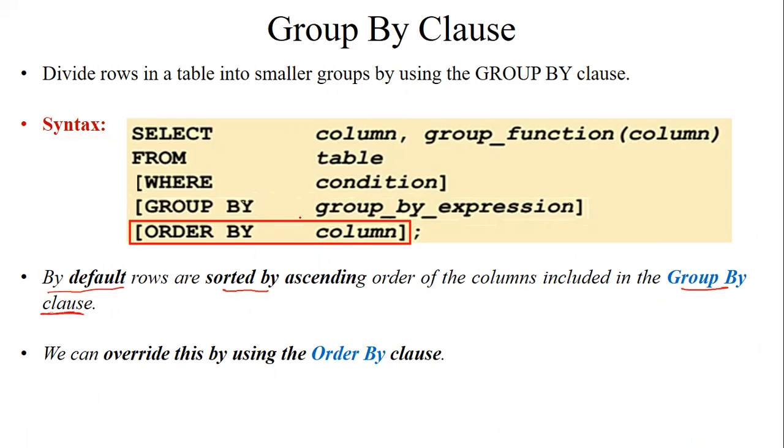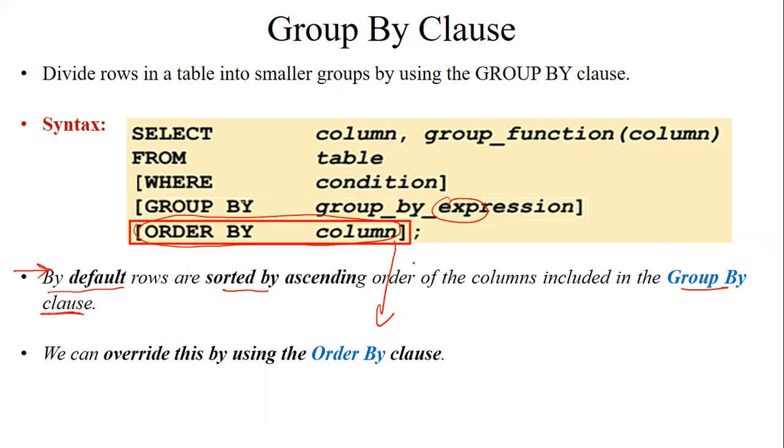Is it okay? Whenever you are specifying group by clause, if you want to sort the column in ascending order, whatever column we have specified in the group by clause will be sorted by default. There is no need to apply order by clause. If you are going to apply order by clause, then you can specify it, there will be no issue. But if you want to sort in descending order, then there is a use of order by clause.